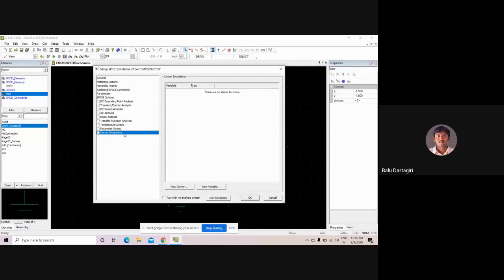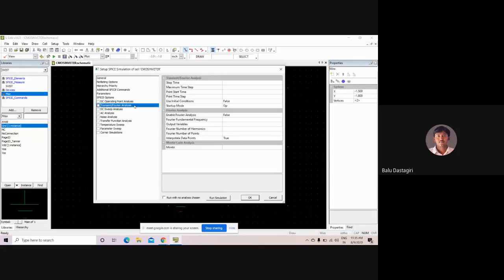whenever you run a simulation in a tool, you get one output. The second time, if you run the simulation, there will be minor changes in the simulation output. So this Monte Carlo analysis will run the software for a given set of runs. For example, I want to run the same simulation 100 times. So after running it 100 times, the average output value will be shown. So that is the Monte Carlo simulation.